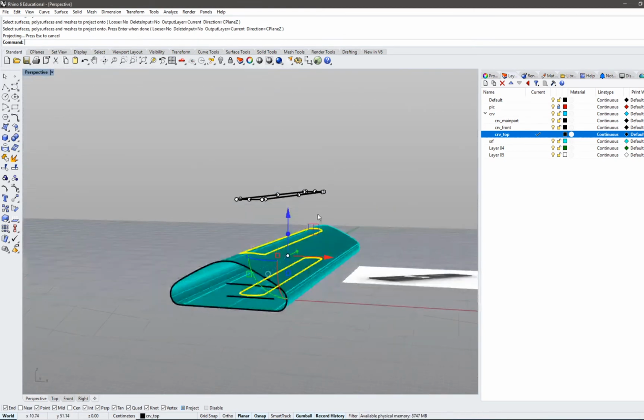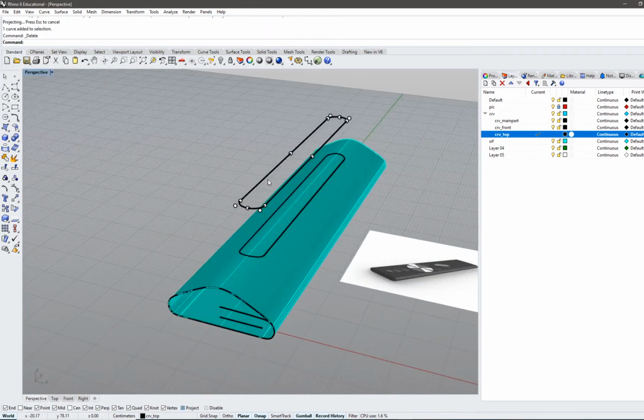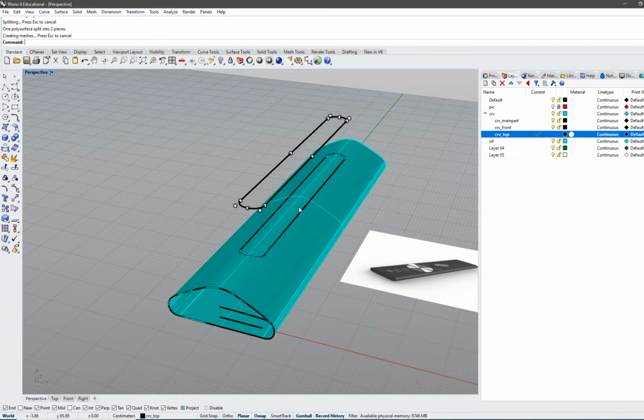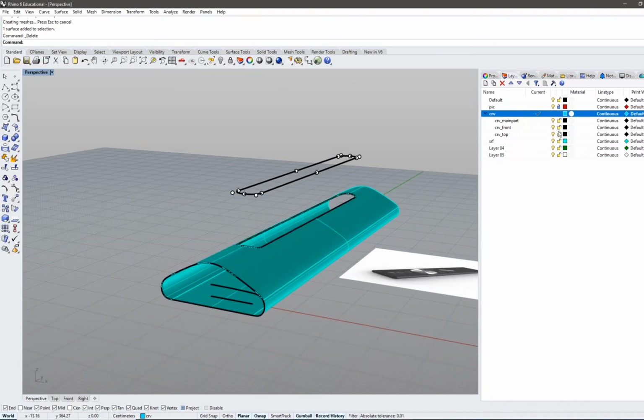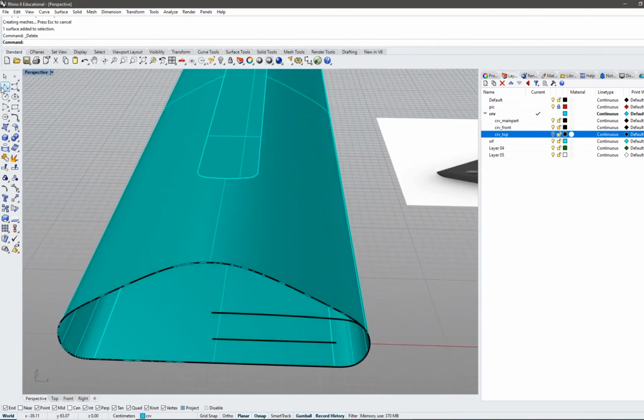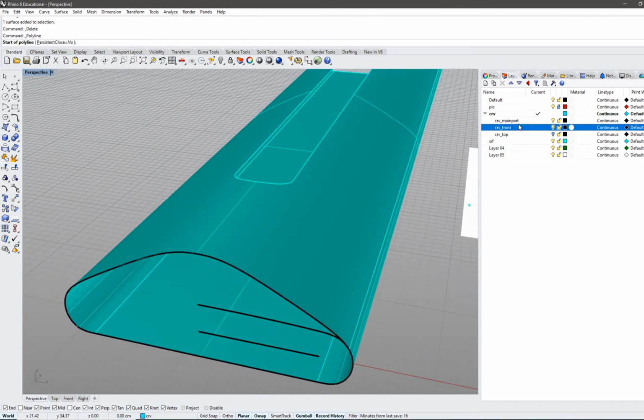Now we got two. This one we don't need. This curve we actually also don't need. Now I will select the surface and split it. Yes, and we can delete it. I think I don't need the curve anymore. Now the next step. I have enabled my project of my old snap. I don't know why. So next,